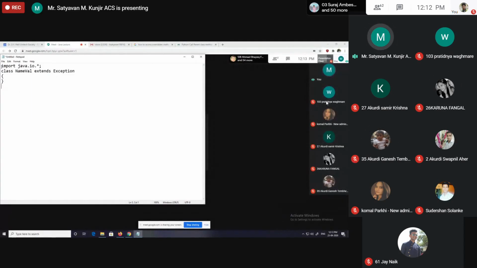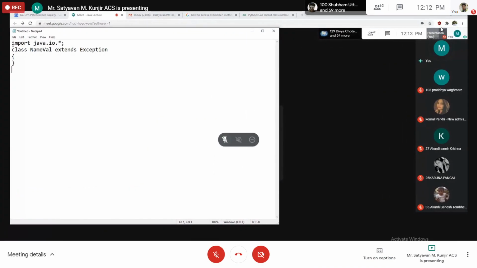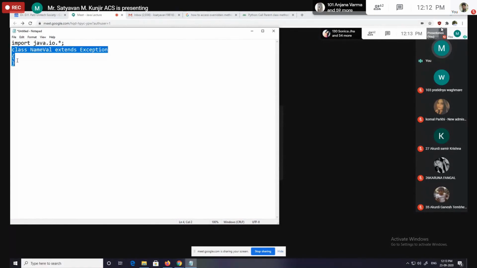First, you have to import IO package, that is for BufferedReader class, because we have to take data from a user. And then after that we have to define user-defined exception, because we have to accept name from a user, and after accepting, we have to check whether it is valid or not. If it is valid, then we have to display it. And if it is invalid, then we have to throw user-defined exception. So I have defined that exception here, and then class. This is assignment 11.